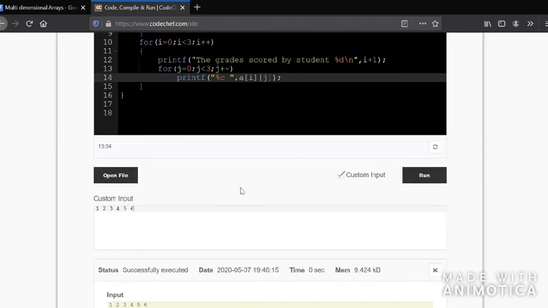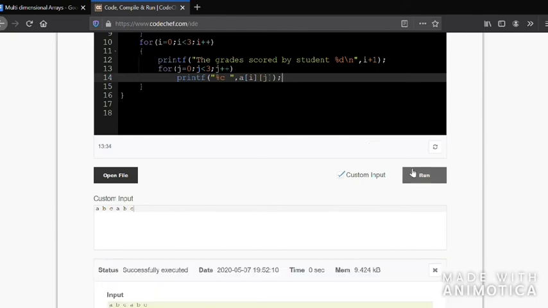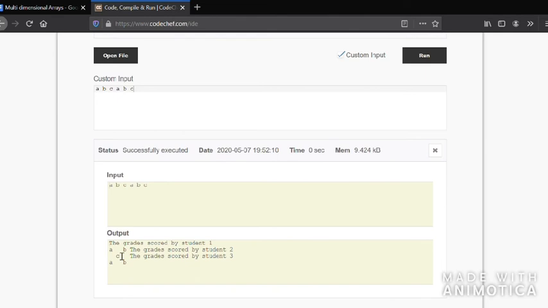Now let's see the output. You have to give, okay, it is going to be A, B, C, A, B, C. Now let's see the output. See, the grade scored by student 1, AB.